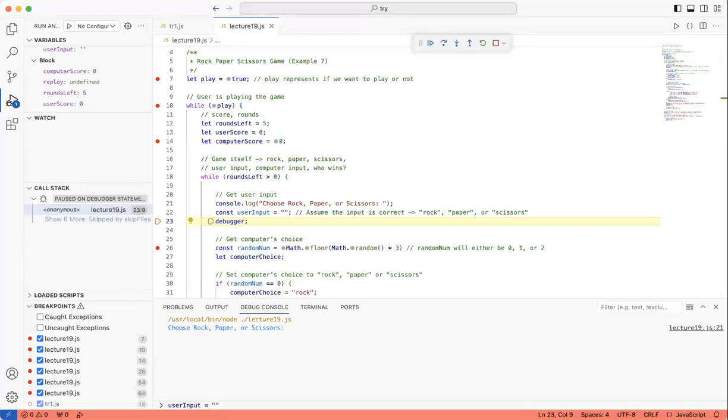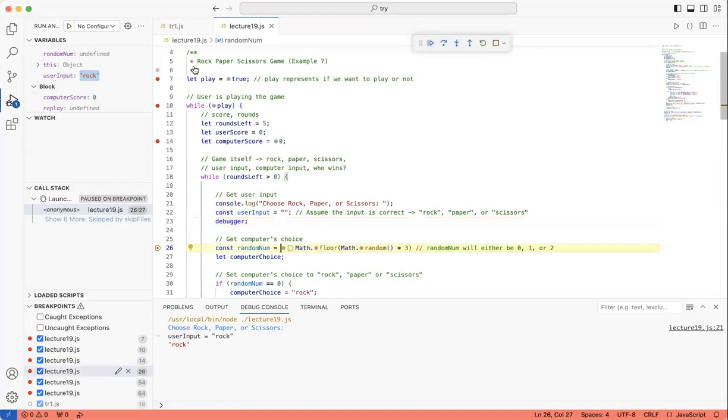So let's say we want rock, correct? So now let's press enter. And let's see over here. I believe the value for user input should change right after I press continue. Here you see the value for user input has changed to what? Rock.